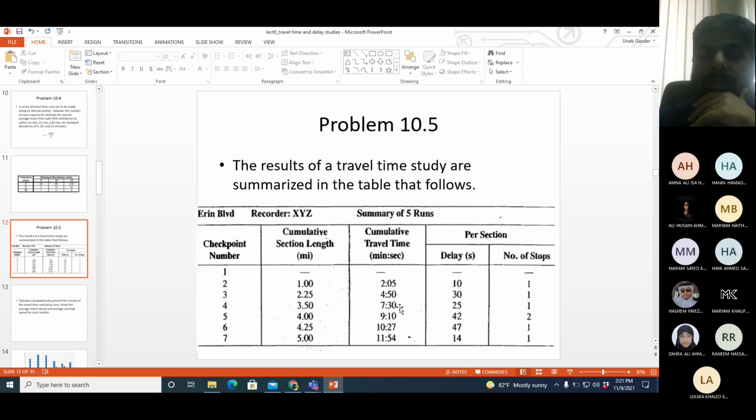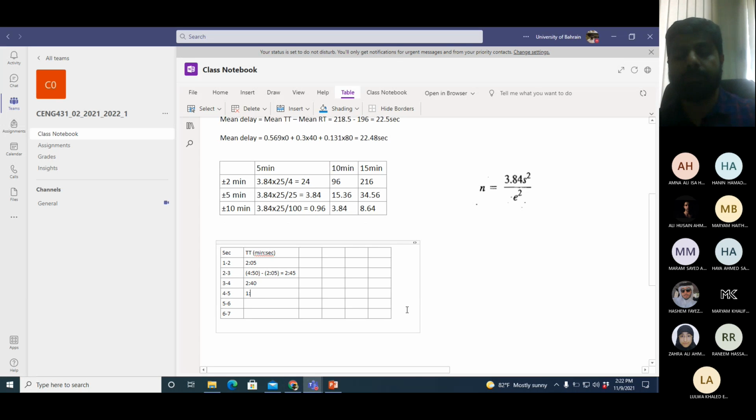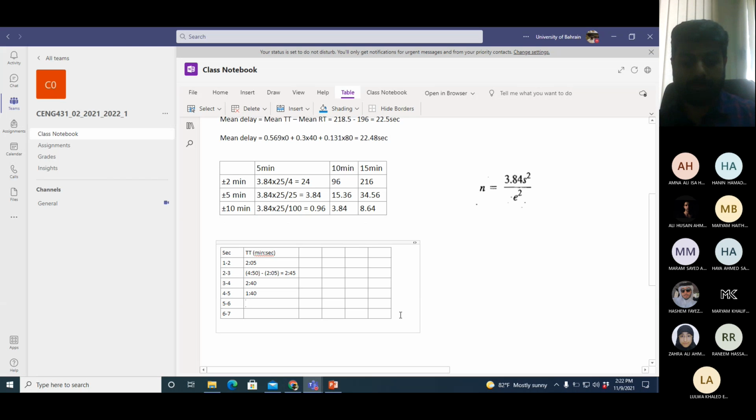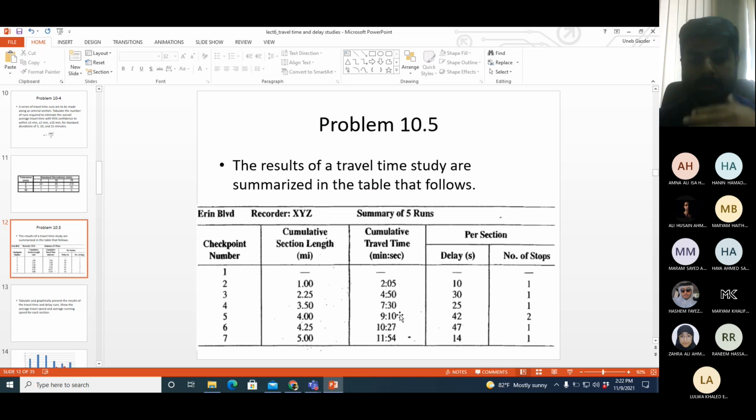Then 210 minus 30 will give you 140. Then 10:27 minus 9:10, so 10 minus 9 is 1, and 27 minus 10 is 17. Then 11:54 minus 10:27, so 11 minus 10 is 1, and 54 minus 27 is 27.